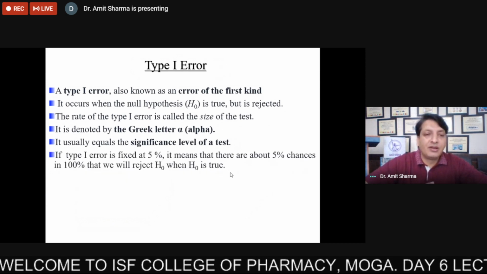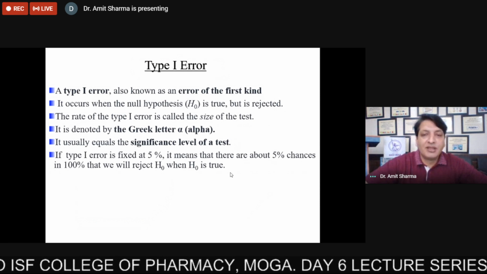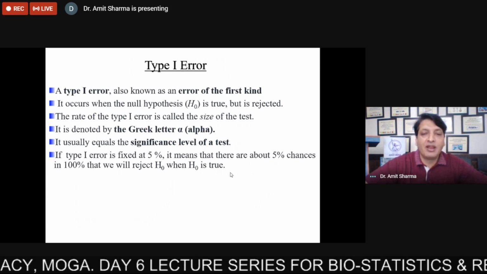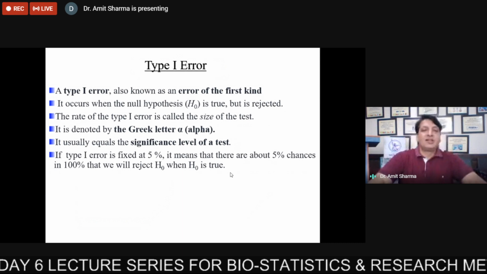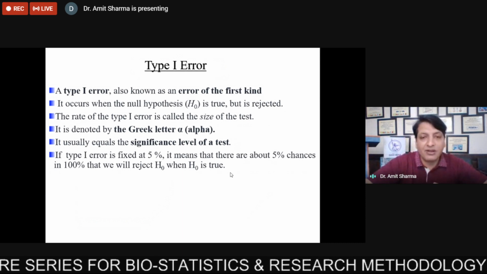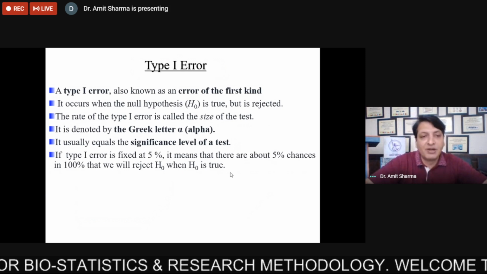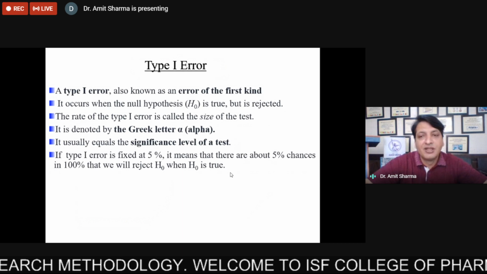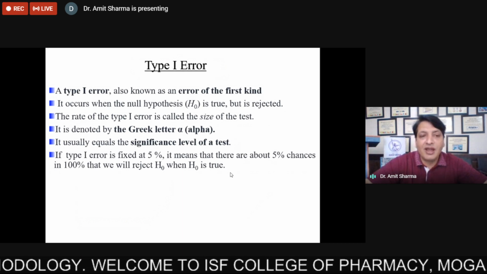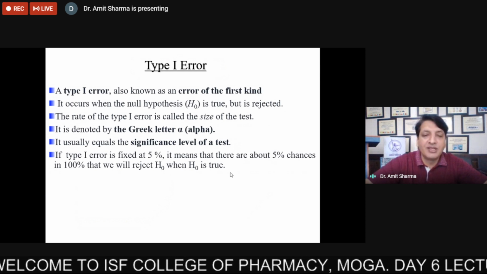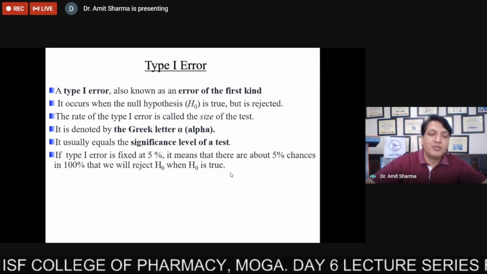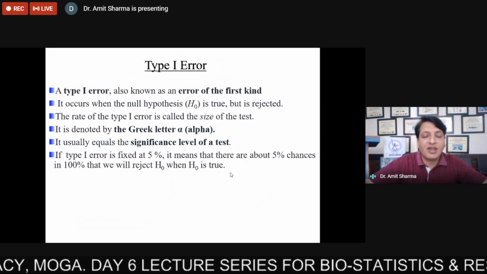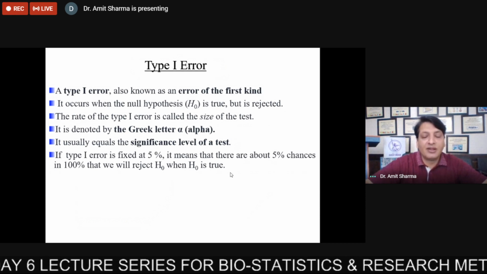And if type 1 error is fixed at 5%, it means that there are about 5% chances in 100% that we will reject the null hypothesis when the null hypothesis is true. That means the confidence interval here is 95%. Here I have not mentioned the word 95%, but you can assume that if we fix the type 1 error at 5%, there are about 5% chances in 100% that we will reject the null hypothesis when it is true. Vice versa, we are assuming that 5% chances of error will be there, and that error will be type 1 error, and 95% of the data which we have collected and gathered are genuine